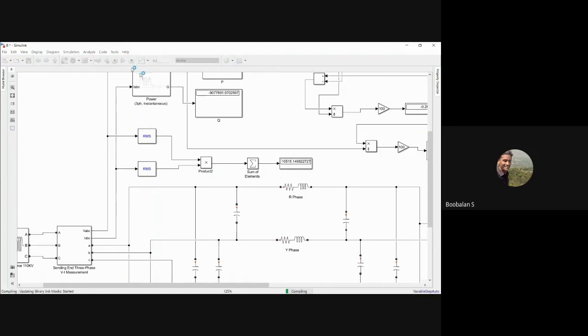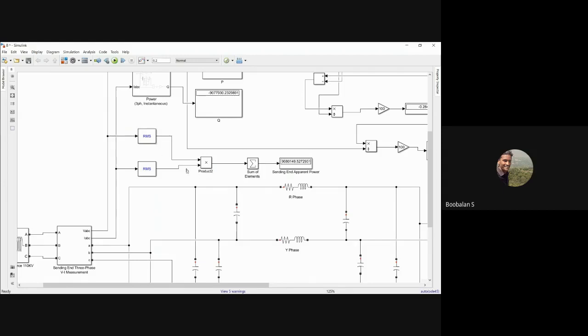This is my sending end apparent power, right? Yeah, this is the correct answer. So we need to use the RMS block, right? So this is my sending end apparent power. Work side by side, it will be very easy. For fan learning, you don't need to work one more time, just save it as a file and take a printout. Rearrange a little and take a printout, right? So this is my sending end power, apparent power.